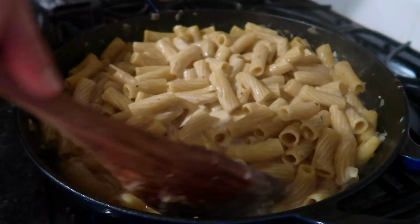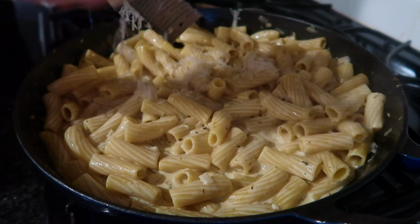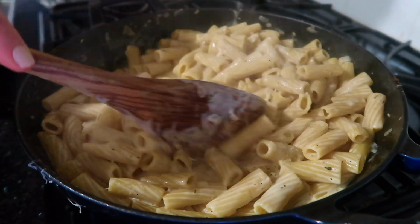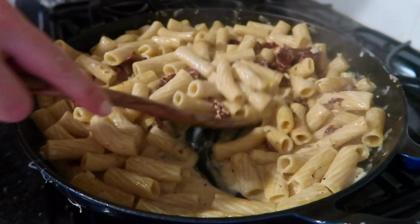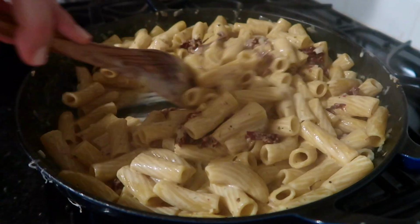And then also, as far as pasta goes, I used rigatoni, and you're probably wondering, well, this is a Walmart haul, why do you not have a Walmart brand pasta? Whenever I went to do my order, there were no pastas at all. I needed 3 different pastas and they didn't have anything, so I had to go to Target to get those pastas. So I apologize if that's misleading, but I just had to use a few Target brands